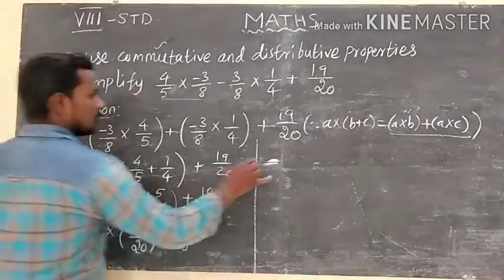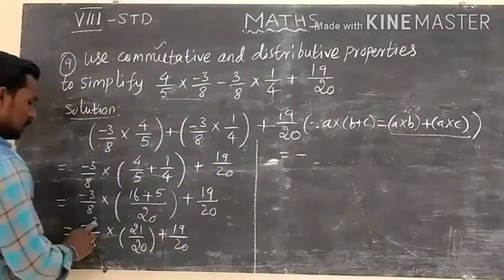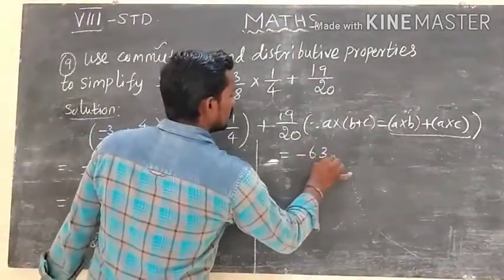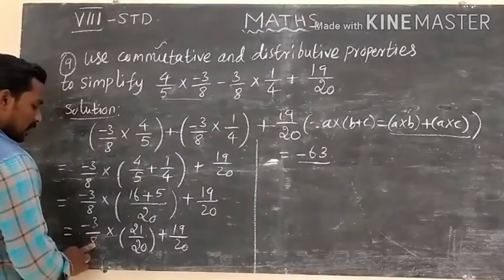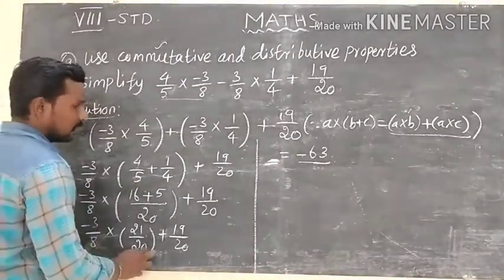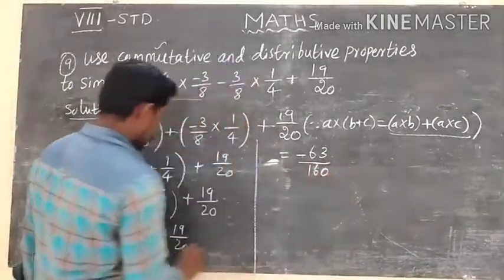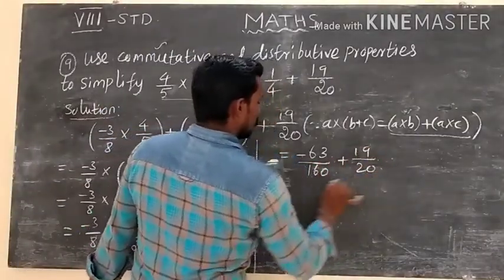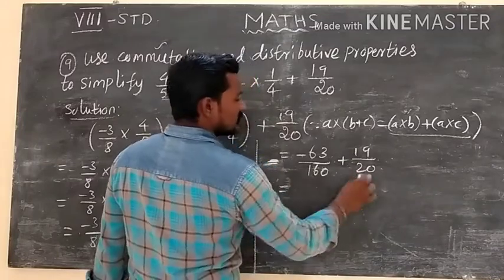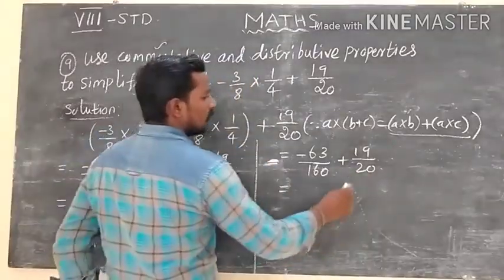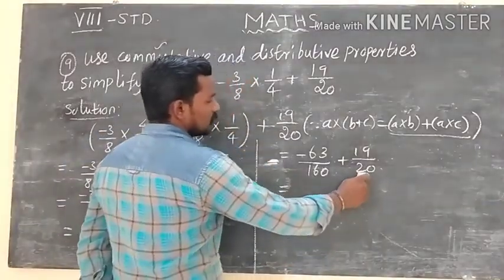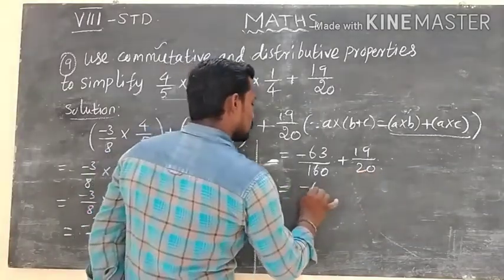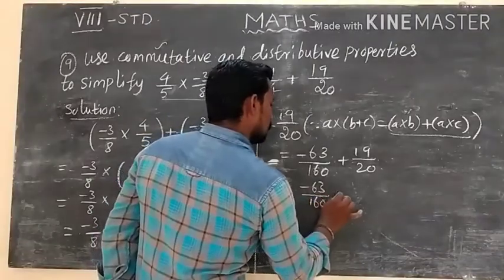Minus into plus, minus 3 21s: 1 3s are 3, 2 3s are 6, then 63, divided by 8 20s: 8 2s are 16, then 160, plus 19 by 20. Here, find the LCM of the denominators, 160. So minus 63 divided by 160 plus